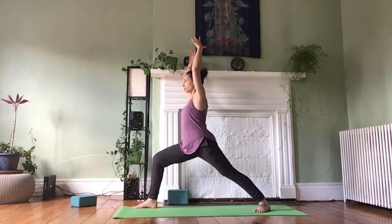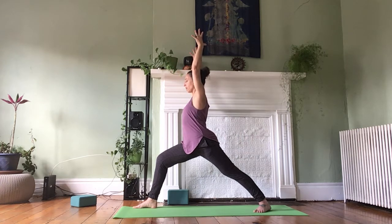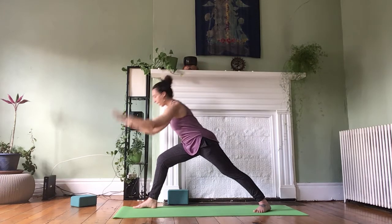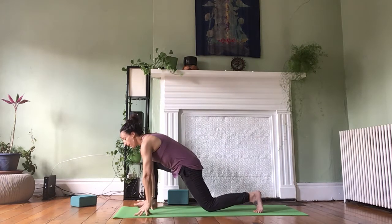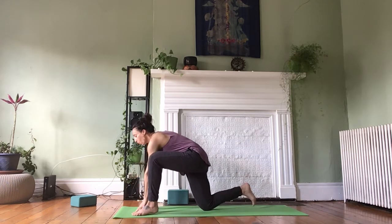standing mountain posture, the distance between my feet, then I can find a more neutral position where my left hip and my right hip start to come side by side. I can draw back on the right hip and up through the low belly. From here then, back down, set left knee down and into tabletop, and feel the same work on the left